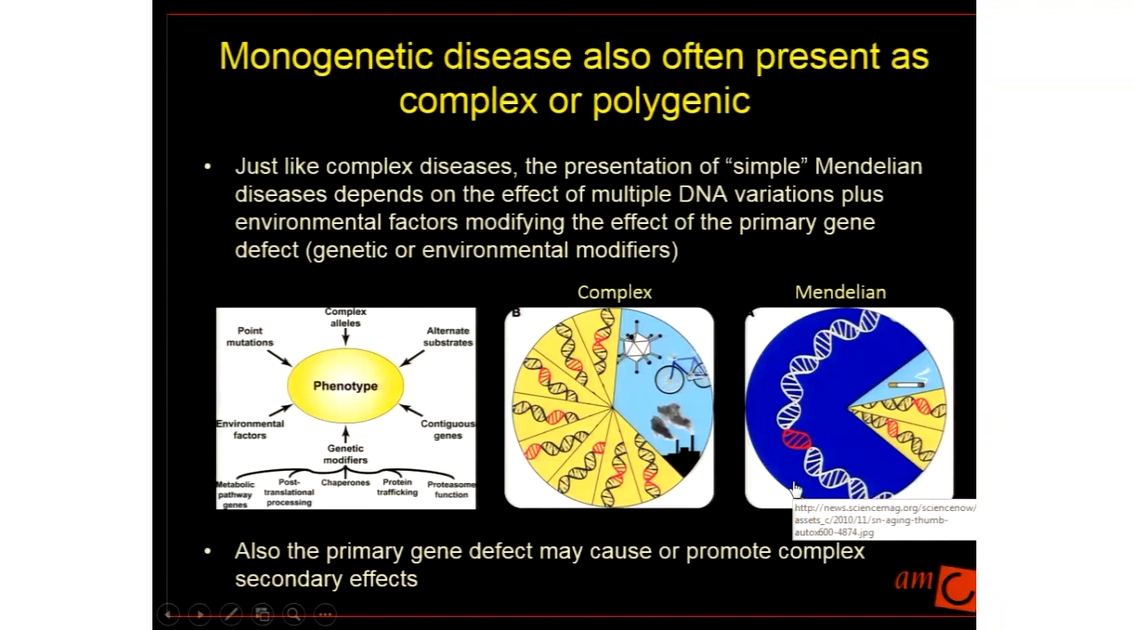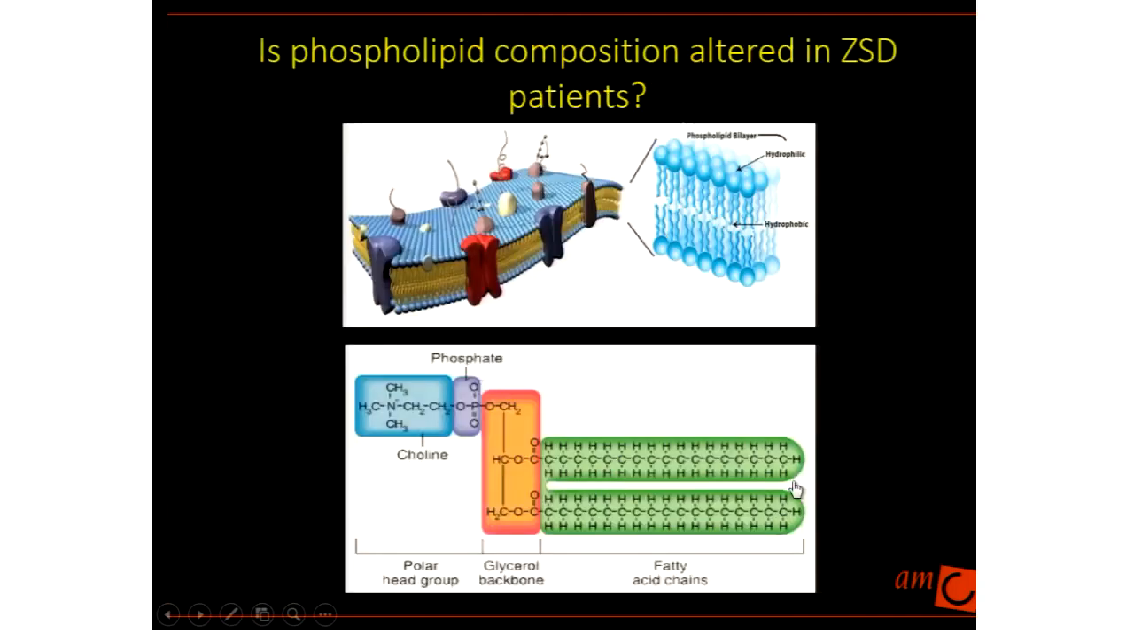So in general, I think we can say for monogenetic diseases or simple Mendelian diseases, it's clear that they may often present as complex or polygenic diseases. And that can be due to environmental factors or the effect of additional DNA variations somewhere else in the genome, so genetic or environmental modifiers, but it can also be caused by the fact that the primary gene defects may cause or promote complex secondary defects. And that's actually also a bit what we discussed after the last talk. So we looked into that a bit